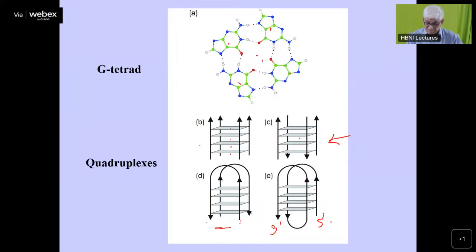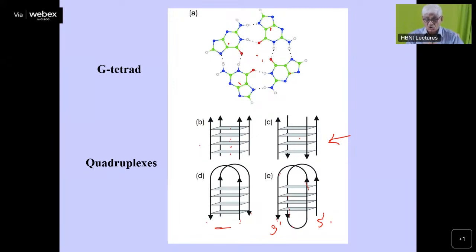So the chain runs like this, takes a loop, comes down, then takes another loop here, goes up, and then comes down, and this is here. In this way, 4 G's come in the plane as indicated here, and that will form the quadruplex. So these are called 4-stranded structures, but it can be formed